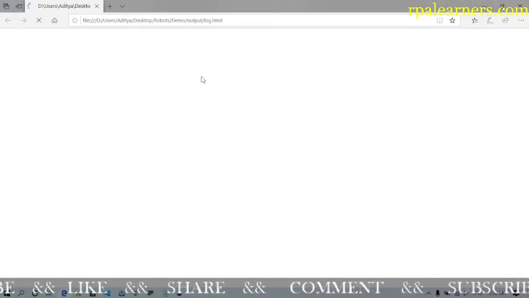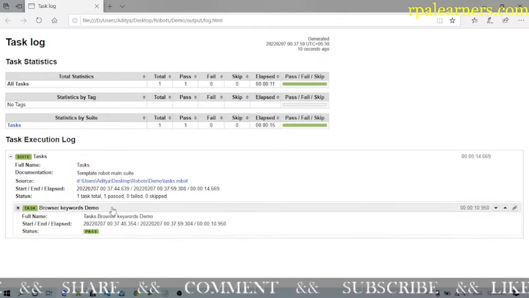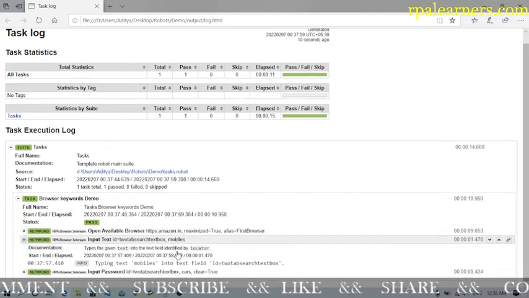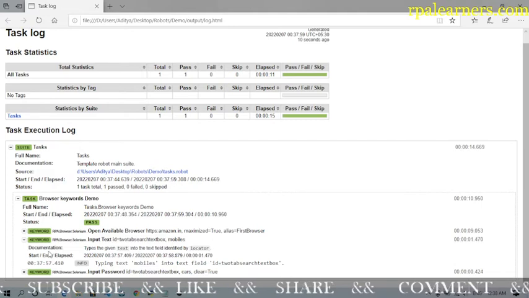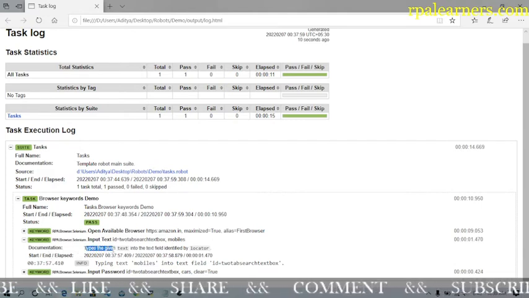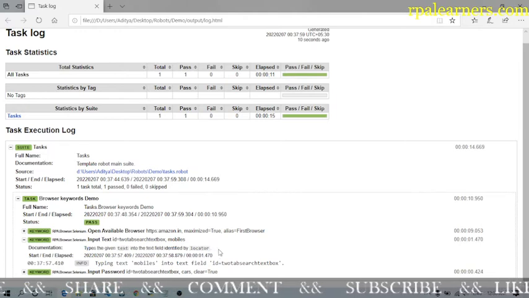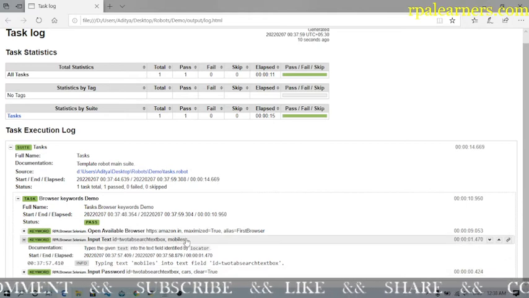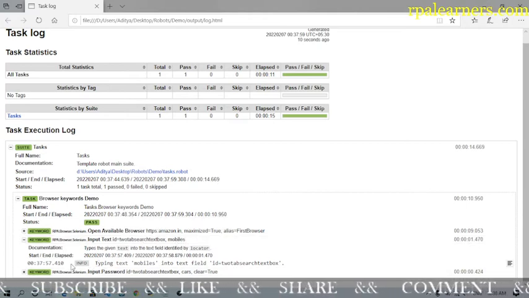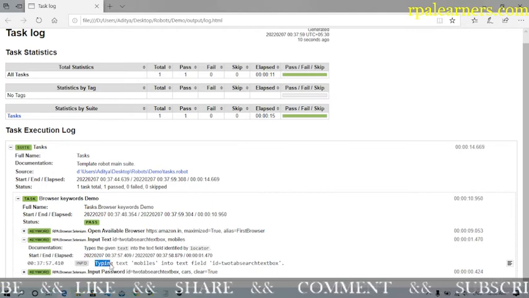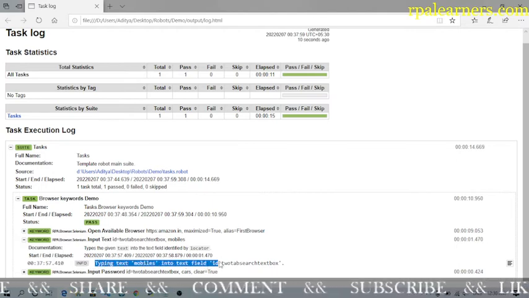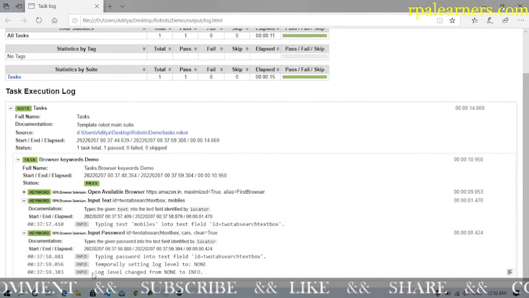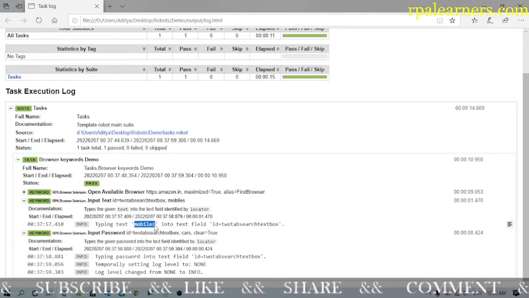Let me refresh the log file, and if you open this browser keywords demo, we were able to successfully open the browser. And then input text id, if you see here, it says in the documentation: types the given text into the field identified by the locator. So it is identifying this particular locator, which is id, and it is typing the value, which is mobiles. And if you see here in the log info, it's telling that typing text mobiles into the text field of this id. But if you see the same thing in input password, you don't see the value which is mobiles here,